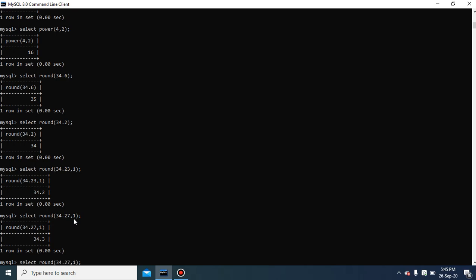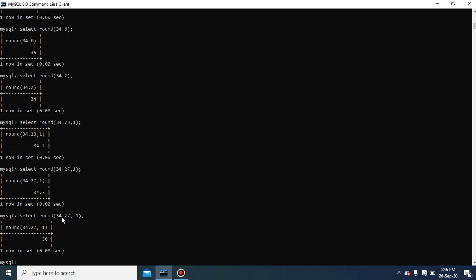And if I make it negative, then it will round off to the nearest tens. So the output will be 30, because the value 34 is before the decimal, so it will round off to the nearest tens place, which will be 30.